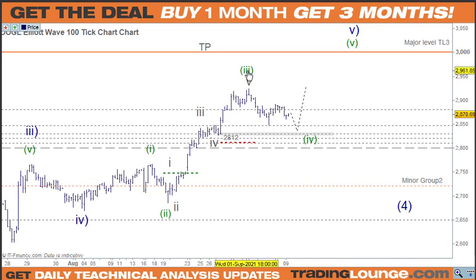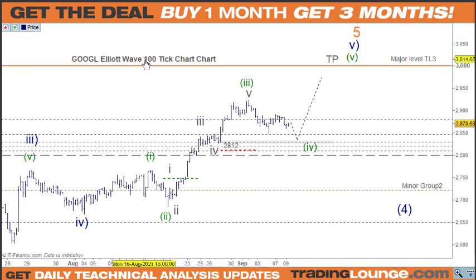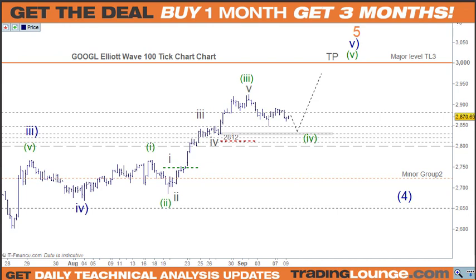Okay, so we're still on track for our target up here, but what we'll also be doing, we may need to adjust that, because once we do have wave 4 in here, we're just going to be counting 5 waves up through this point. Once we got to 5 waves, then I'll mention that we need to leave at that point. Okay, so let's move along.